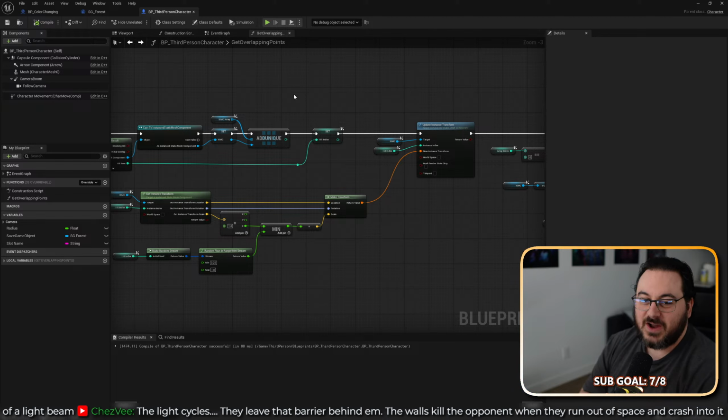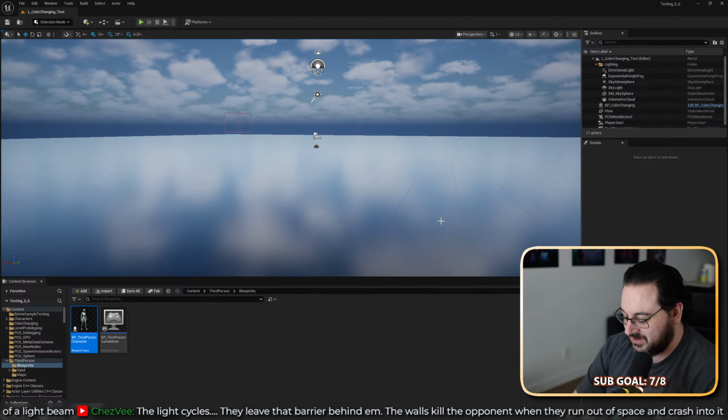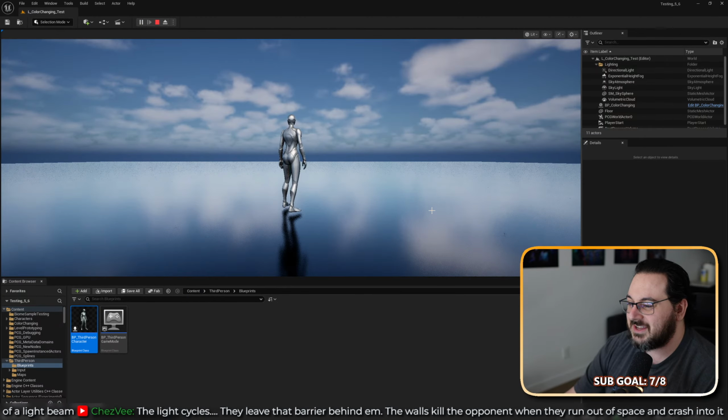Feels more real because you crash into a tree instead of a light beam. It's like Snake Online, where you are the snake, you can't cross your own path. Oh yeah, that's basically Snake. Yeah, the light cycles, they leave the barrier behind them. Oh, yeah, okay, I know what you're talking about. Yeah, I guess so. Except,